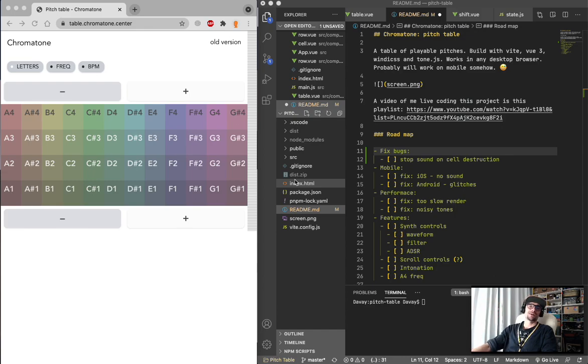Hey, I'm back to developing the pitch table app for Chromatone Center for the colorful music theory, and I played some days with the app from mobile. It doesn't work. On Android, it's some glitches, but on the desktop, it's rather nice experience after I made that you can just click and start the voice in the center at mid